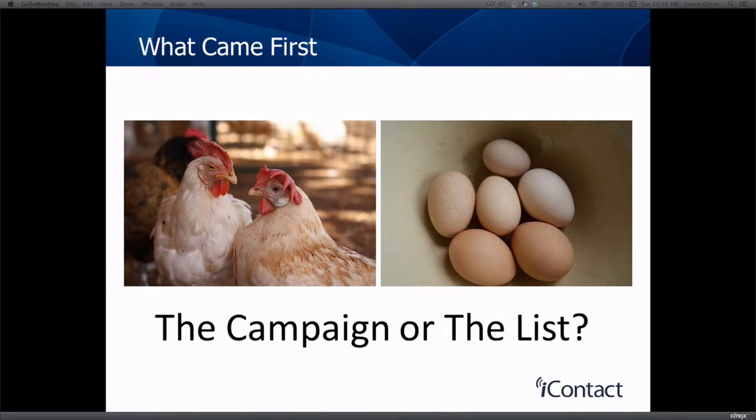So what came first, the campaign or the list? Over the holiday period, you will be making a significant number of sales. You will be driving people into your business and collecting lots of new email data. When's the best time to hit this email data? The best time is straight away. As soon as you start collecting these new email addresses, you should start hitting them straight away.